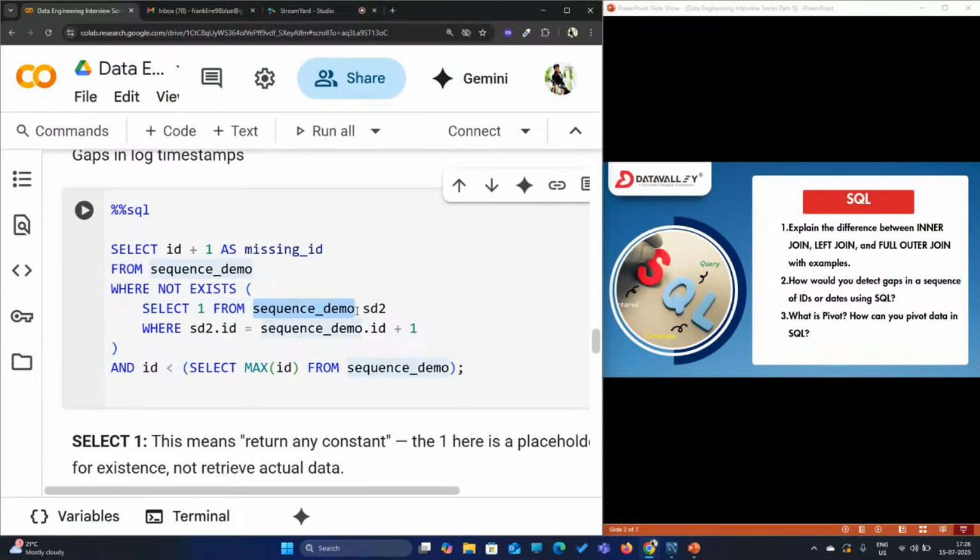I've set the placeholder, which is going to return me a constant from this table sequence_demo, which is our original table, but I'm giving it an alias sd2, where sd2.id is equal to sequence_demo.id plus 1. So what's happening here is I'm fetching the id from my sd2 table, and I'm checking if it is equal to sequence_demo.id plus 1. Coming to our outer query, which will give you a better understanding,